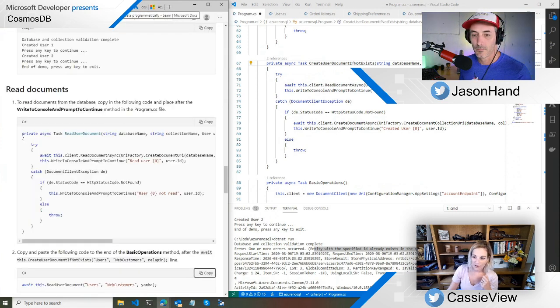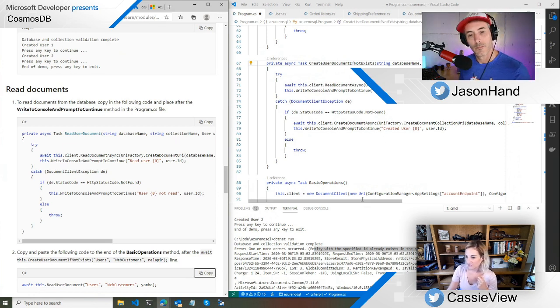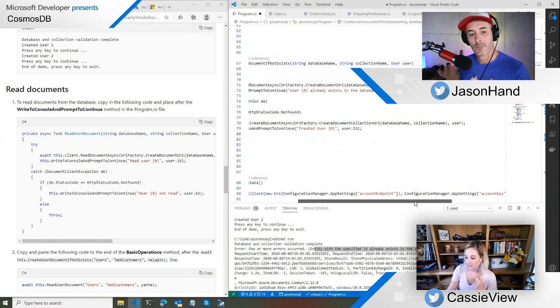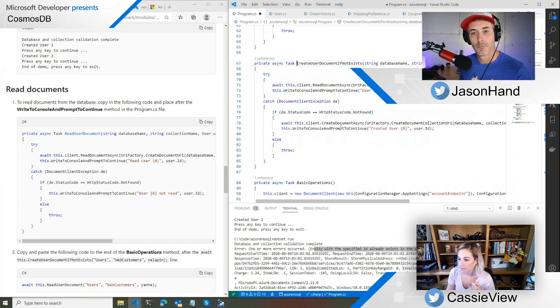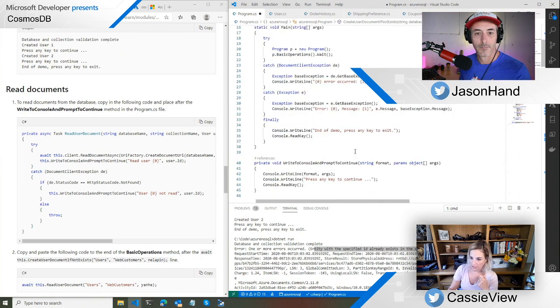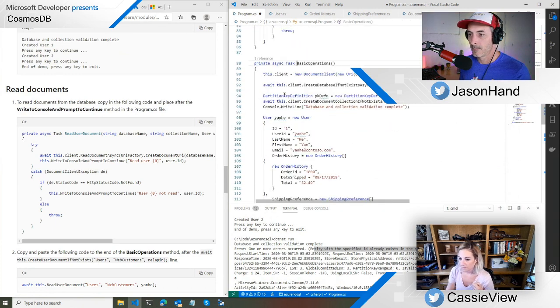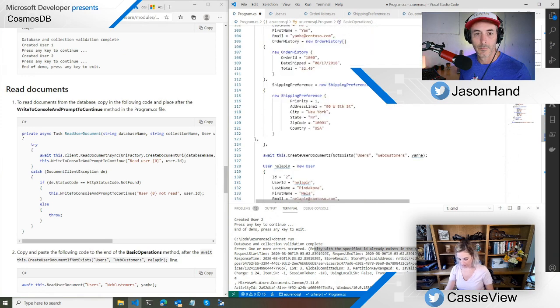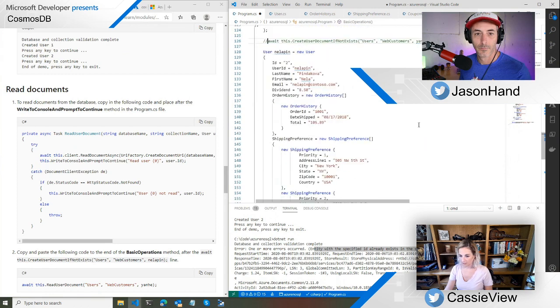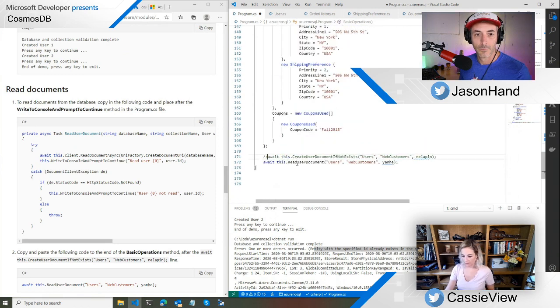Okay, so I think the reason is that my get is not finding the entity, or I'm sorry, the document. And when it's coming back, it's trying to then create it, and it's saying this ID already exists. Because I'm lazy, instead of trying to fix that, I'm just going to comment out the create because we've already created our users. And then I think this will work. Create user document if not exist, and that too. And then I think if we run it also.